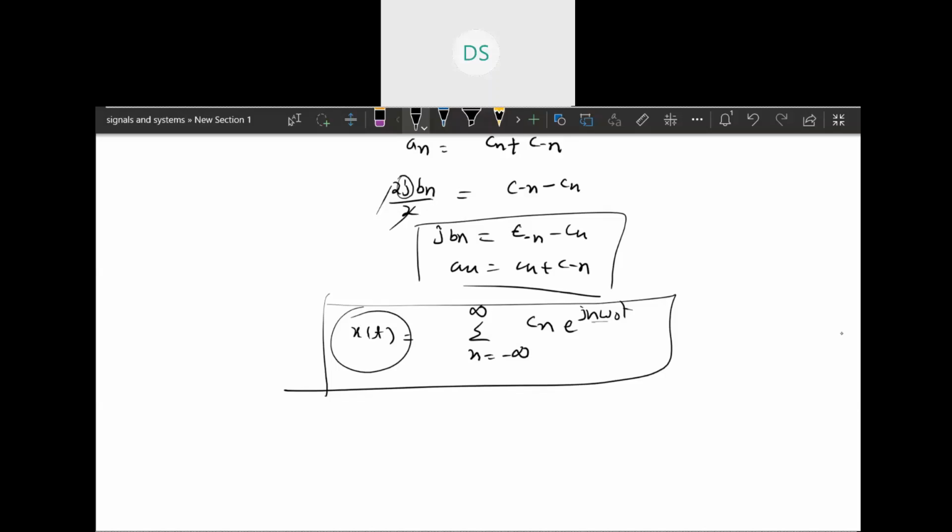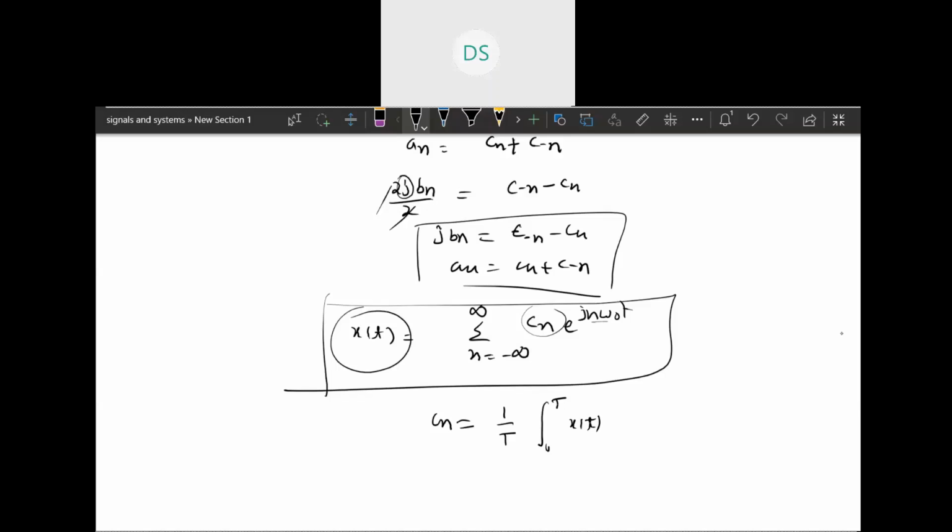Now you have to find out how to get this Cn from the x of t. You know that for a naught, you have to integrate the signal over the time, and similarly you have to find an and bn using the formulas. Like that you can also write Cn is equal to 1 upon t, integral 0 to t